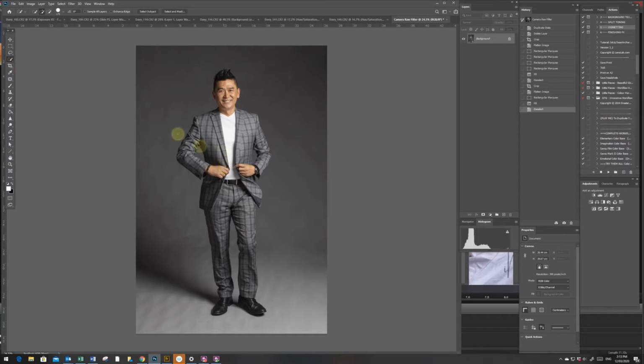All right, so the first thing I'm going to do to fix this is select my subject. It doesn't have to be perfect, but as much as possible. What I am using is the quick selection tool, or you can hit W on your keyboard. If you hit W on your keyboard and you don't get the quick selection tool, just hit Shift W and it should change it. All right, so the next thing is unselect this part here,